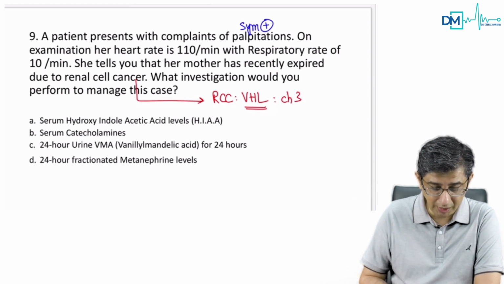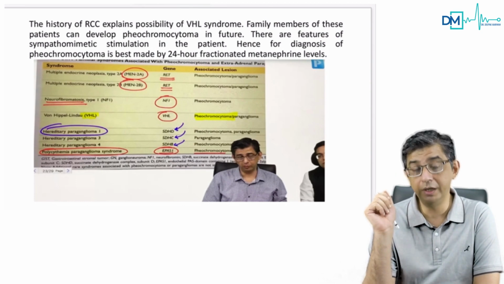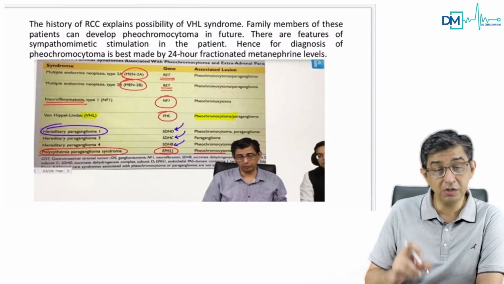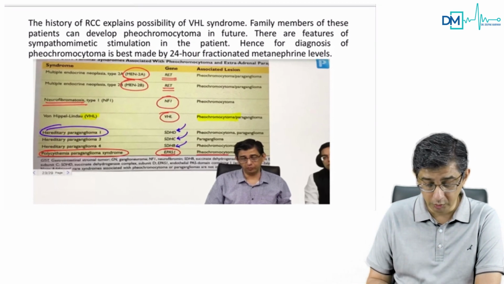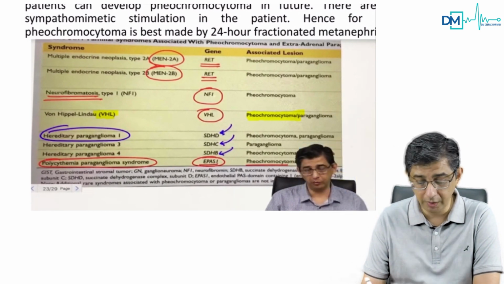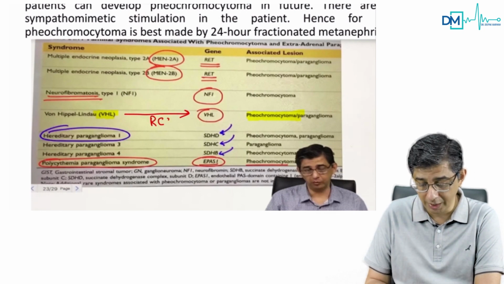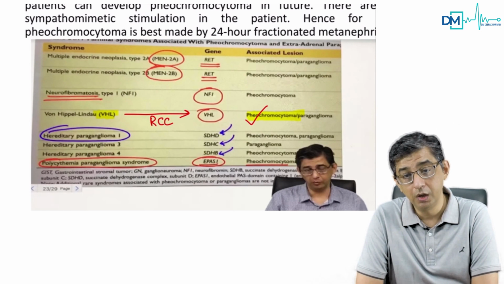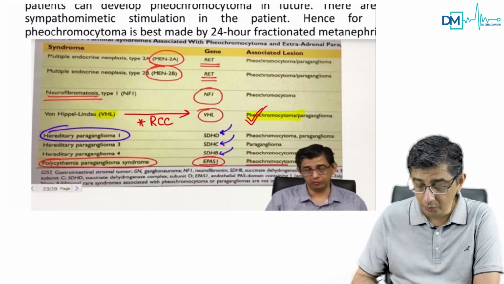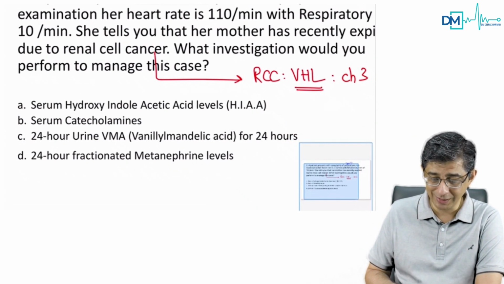Where did I discuss this in the app? I discussed this in the integrated session. You see, right before the exam, we came out with an integrated session between me and Dr. Sparsh, and you can see here when we discussed pheochromocytoma. You can see all the syndromes that we have discussed: MEN type 2A, type 2B, and von Hippel-Lindau. And von Hippel-Lindau syndrome is one which is associated with renal cell carcinoma as well as pheochromocytoma. So because the mother has died because of renal cell cancer, I need to evaluate the son for the possibility of pheochromocytoma. So, what is the test for pheochromocytoma?